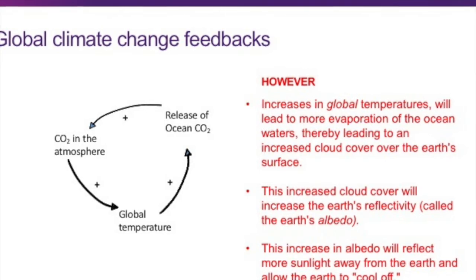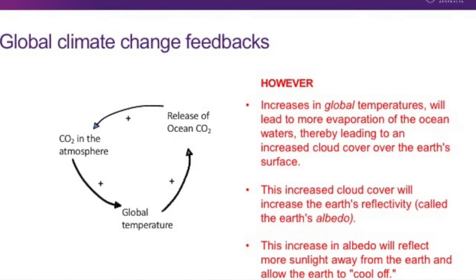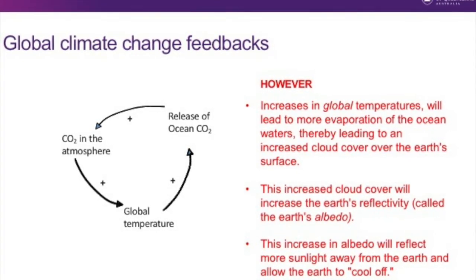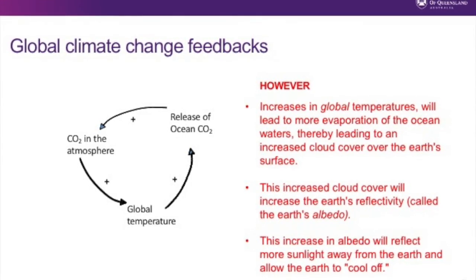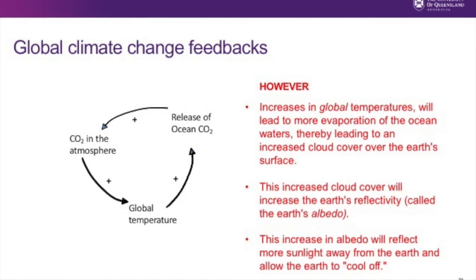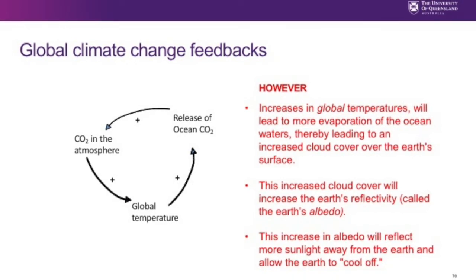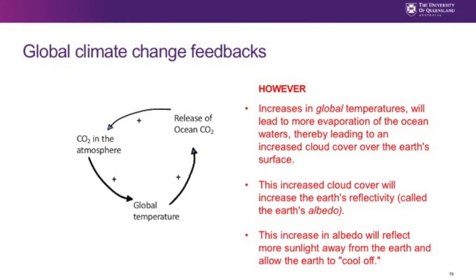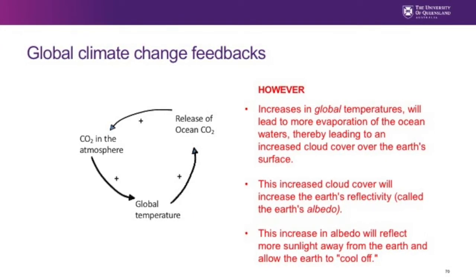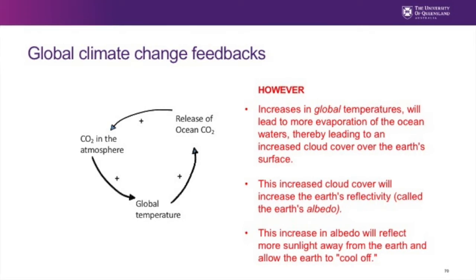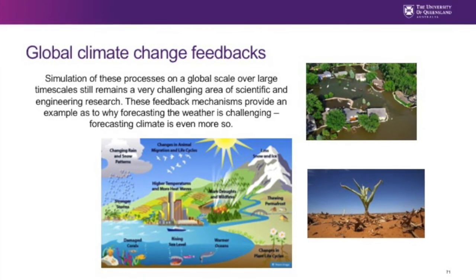Increases in global temperature will lead to more evaporation of the ocean waters, thereby leading to an increase in cloud cover over the Earth's surface. This increased cloud cover will increase the Earth's reflectivity, so the albedo. This increase in albedo will reflect more sunlight away from the Earth and allow the Earth to cool off. So that means that we can actually have additional components in this feedback loop that may allow us to dampen the effect. Okay, we can look at different scenarios and different feedbacks, and this has been described by many